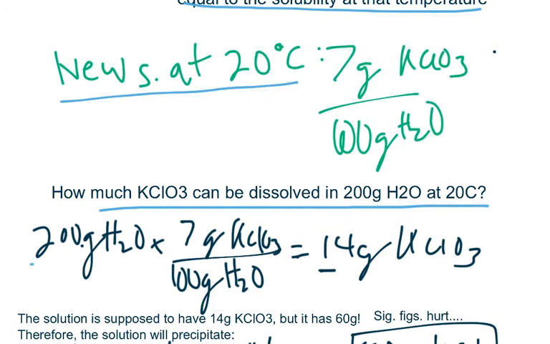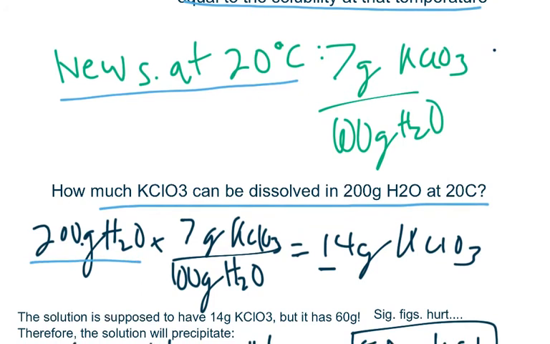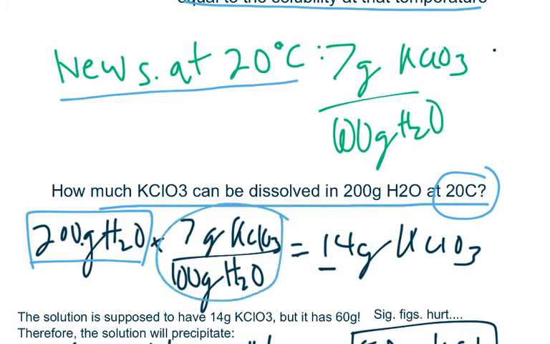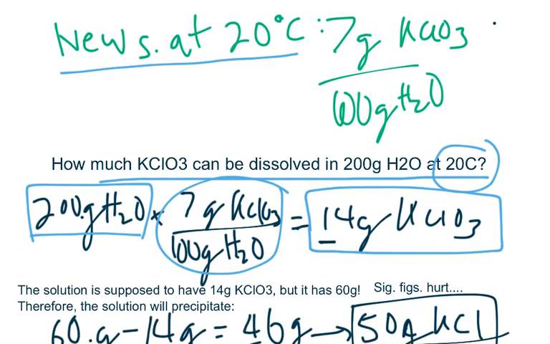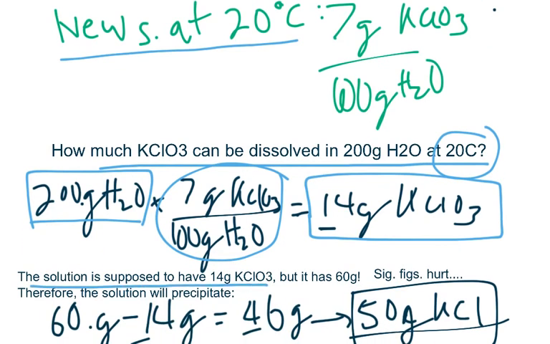So we know that we still have our 200 grams of water. So we need to find out how much KClO3 is supposed to be in the solution, or in a saturated solution at 20 degrees Celsius. So 200 grams of water times 7 grams of KClO3 per 100 grams of water, which is the solubility for KClO3. Now we calculate that we will have a total of 14 grams of KClO3, assuming that we saturate the solution. So the solution is supposed to have a maximum amount of 14 grams of KClO3,